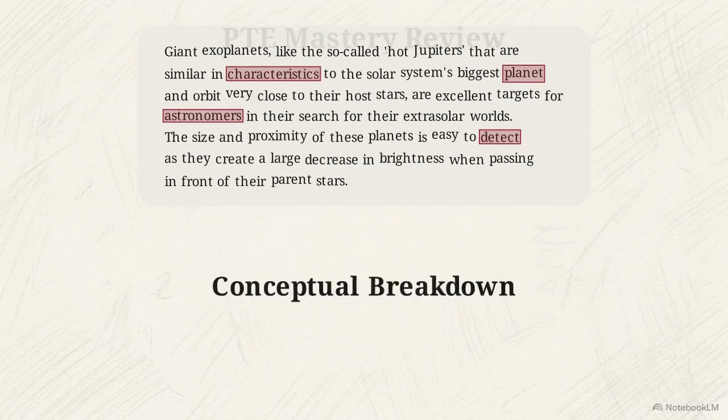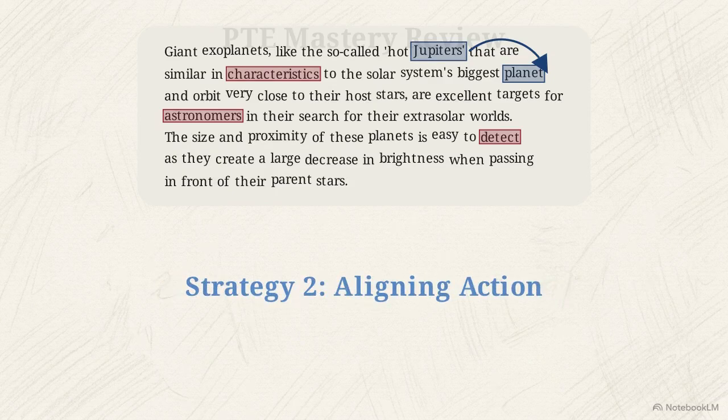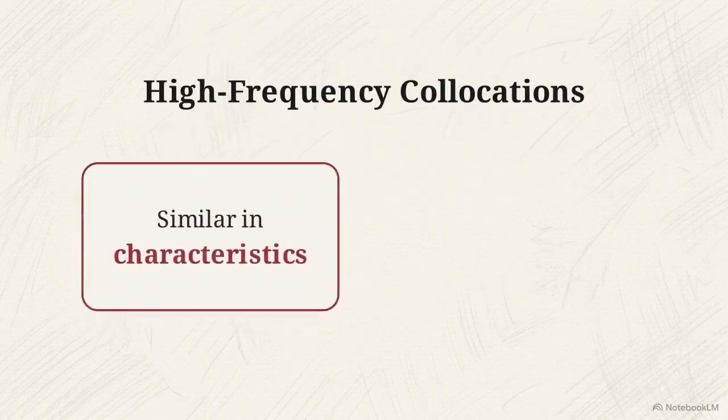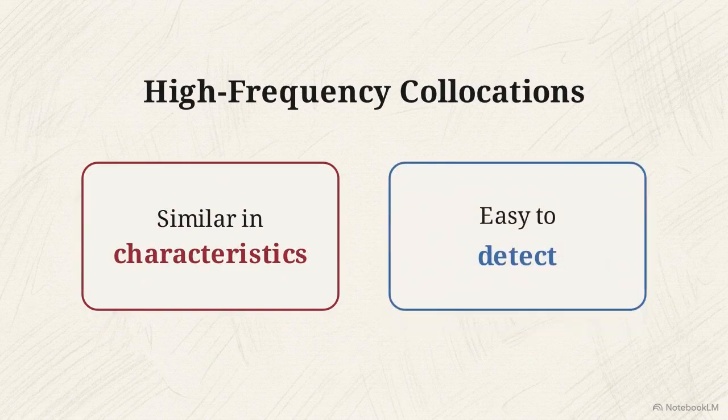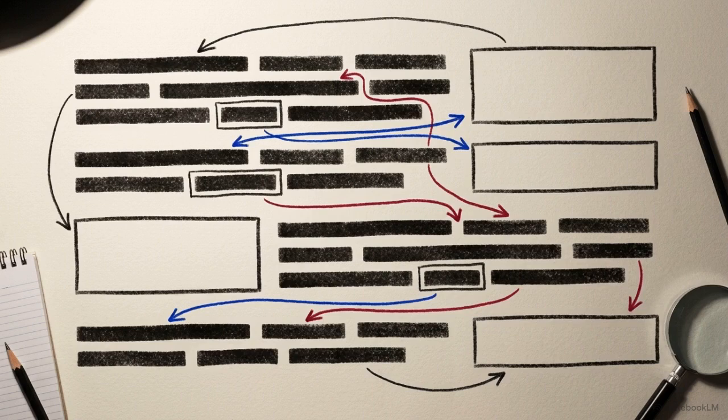We arrived at these answers using two core strategies. First, subject referencing. We used the early mention of Jupiter to identify planet. Second, we aligned the action, pairing the requirement to search for worlds with the corresponding actor, astronomers. This exercise also highlights two specific collocations worth memorizing: similar in characteristics and easy to detect. Mastering PTE reading requires looking past the blank itself. When you decode the structural logic of the entire paragraph, the correct answers become